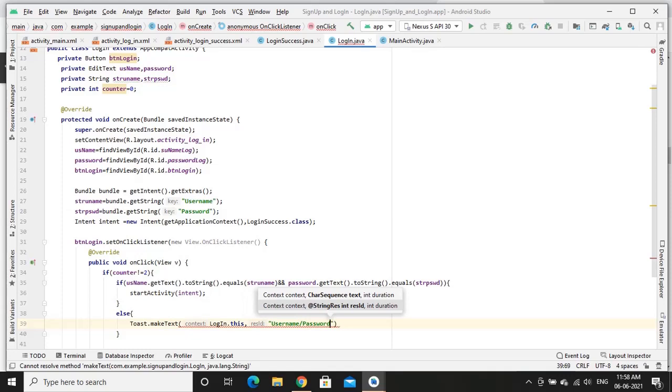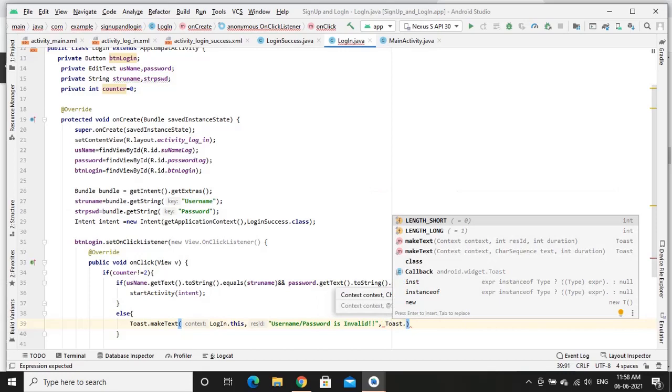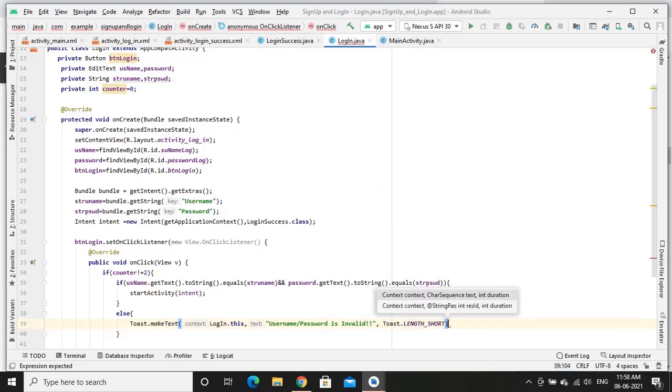So I need to check for both is invalid. And also provide the length for the toast message. Dot show.